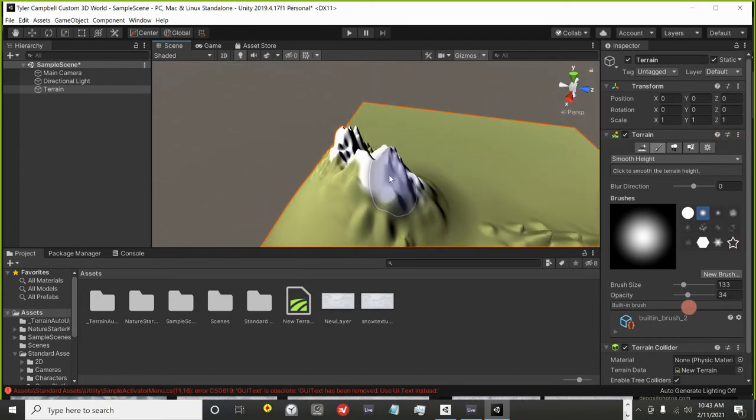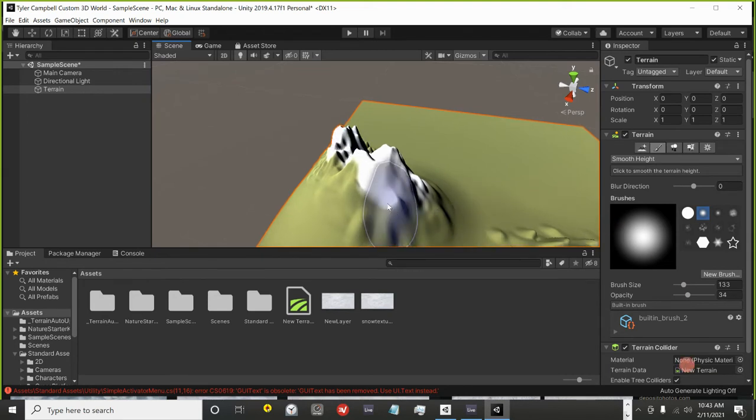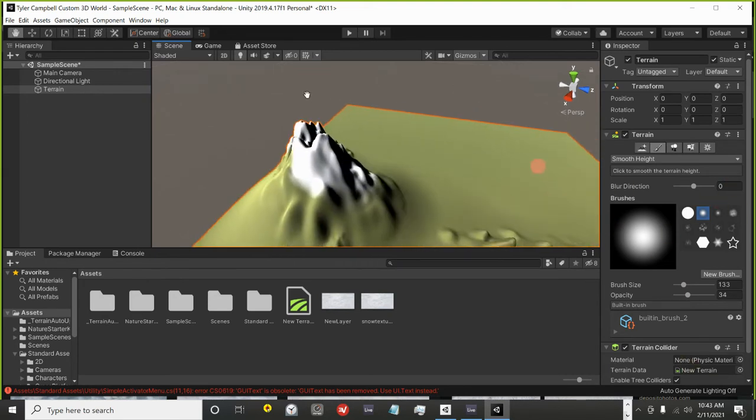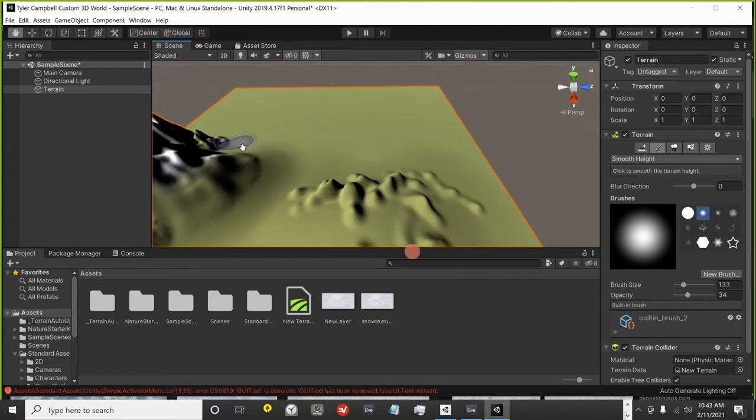So if I wanted to smooth these mountain tops up a little bit more, I can click there and you can kind of see it smoothing a little bit. Anyways, so that's that. And now I want to show you guys how to start adding stuff from the standard